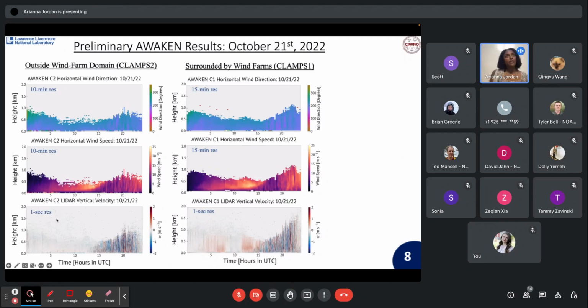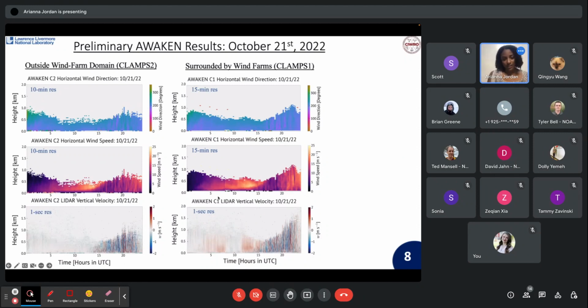So for Clamps 2, outside the influence of the wind farms, there's a little bit of mixing happening at night, but it really increases during the day when the sun heats up. At 20Z, there's a lot of really vibrant mixing happening. So quite a bit of turbulence here where there's the decreased wind speed. But overall, this is a typical profile that we would expect for the Oklahoma region during this time,